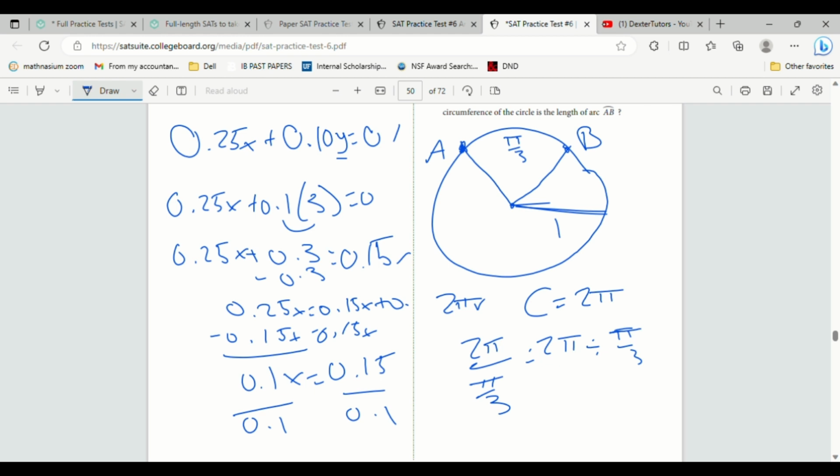And now when we divide fractions, you keep, switch, and flip. So this becomes 2 pi times 3 over pi, which is 6 pi over pi, or 6. So there are 6 of the pi over 3 slices in this circle, which means that it is 1/6